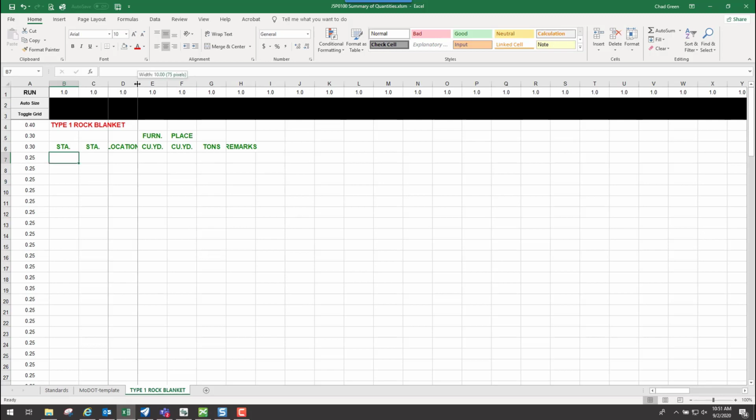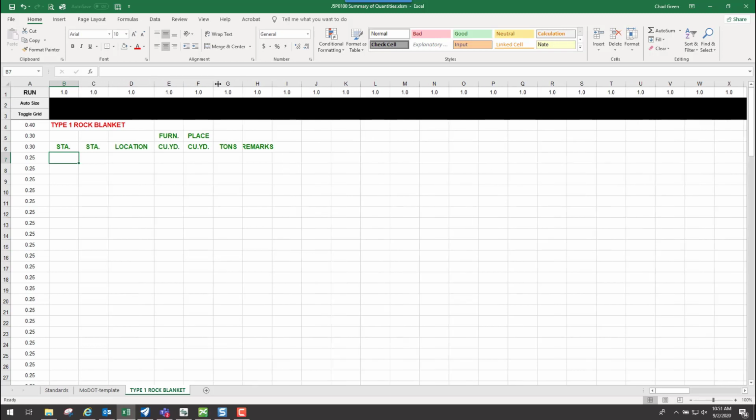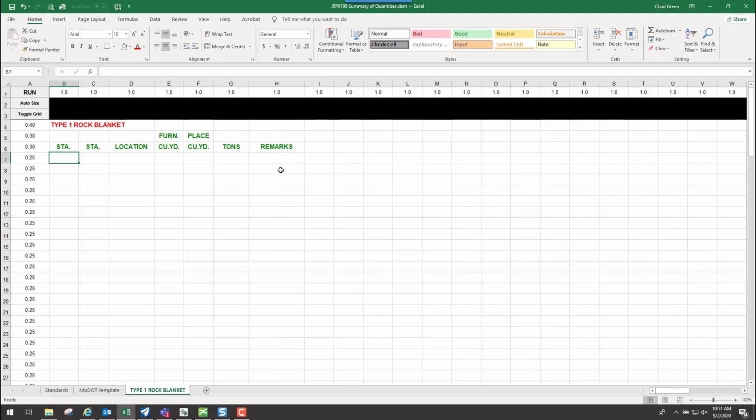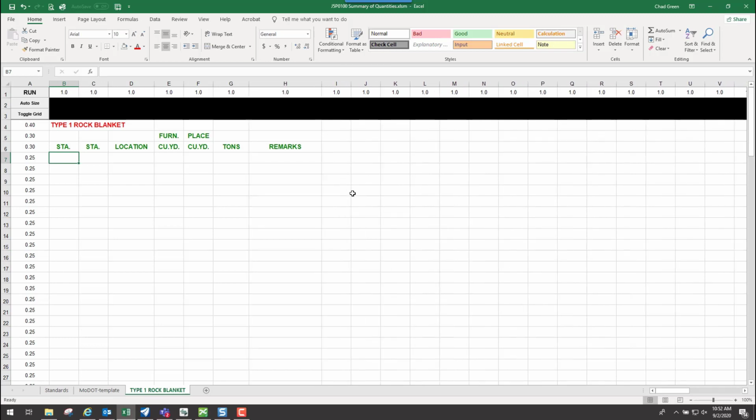Now I will go ahead and make these a little bit bigger, and you can just drag between your columns to make those bigger accordingly. Now later on, it doesn't matter what size this is right here, it's just going to look at what you have in these numbers right here, but we'll go over that a little bit later on. So you can kind of resize these accordingly to see all your information that you need.